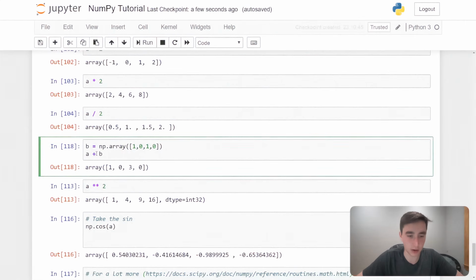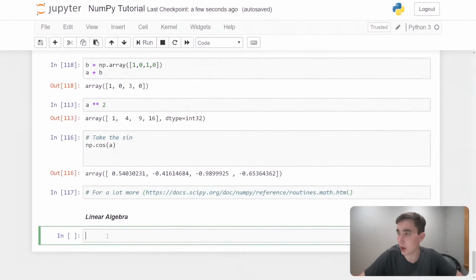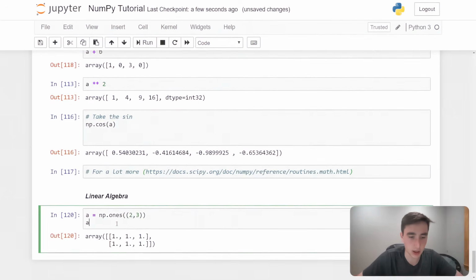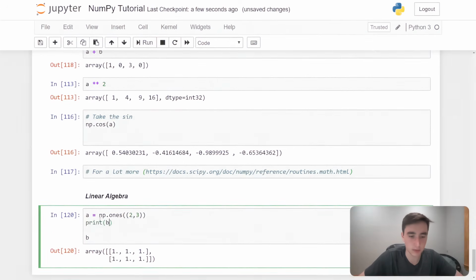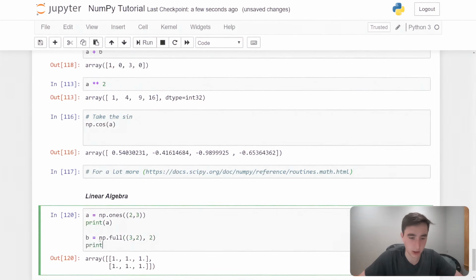In linear algebra, you're trying to multiply matrices, and that's a different process. So let's say we have 2 matrices. We'll have A, and I'm going to use the syntax we learned about earlier. I'm going to say this is a 2 by 3 matrix of all 2's. Or actually, let's make this a 2 by 3 matrix of 1's. So we have A, as you can see, and then we'll have B, which is equal to np.full. It's going to be a 3 by 2, and it's going to have the value 2. So if I print out B,